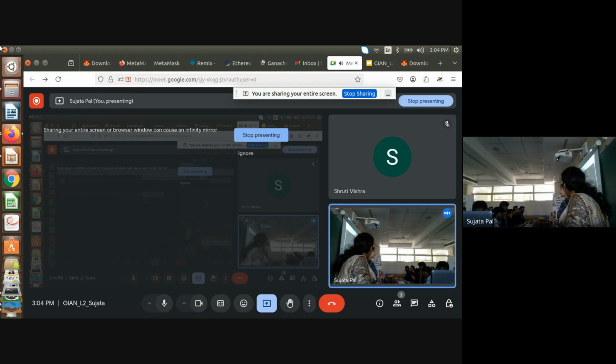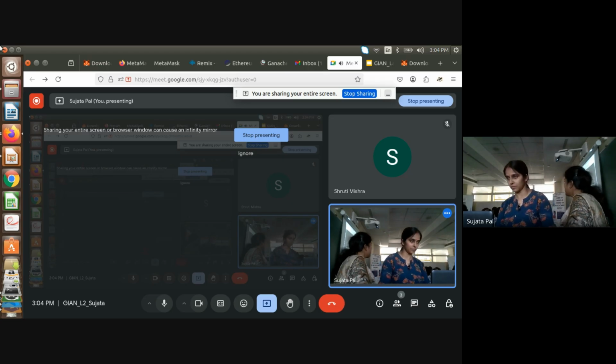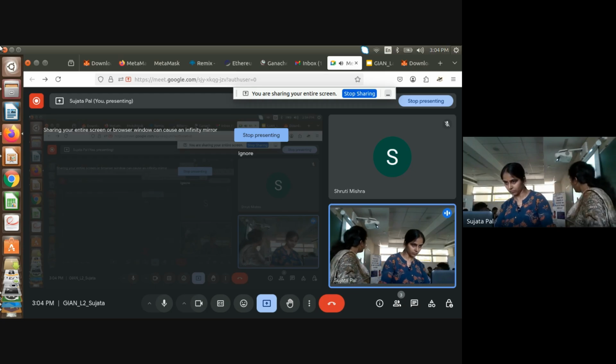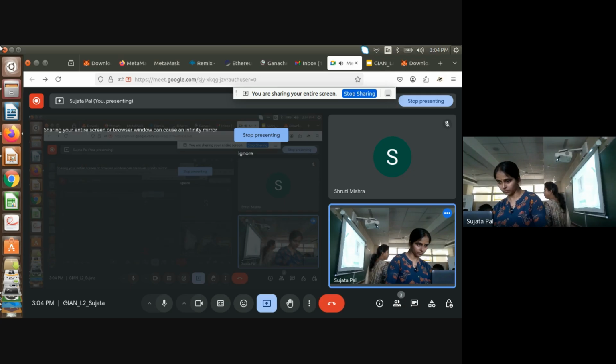After 90 days, I have to collect these 2 points again. How to collect it? Either through social media or you can purchase directly by paying money.